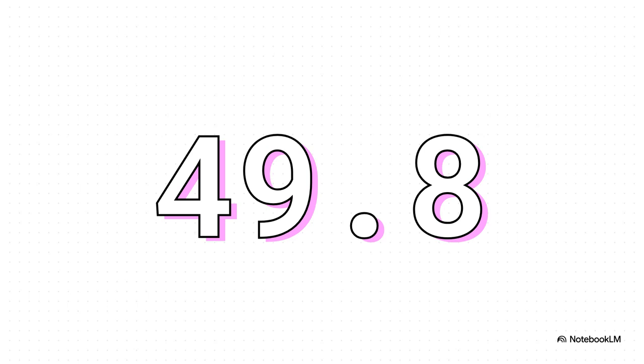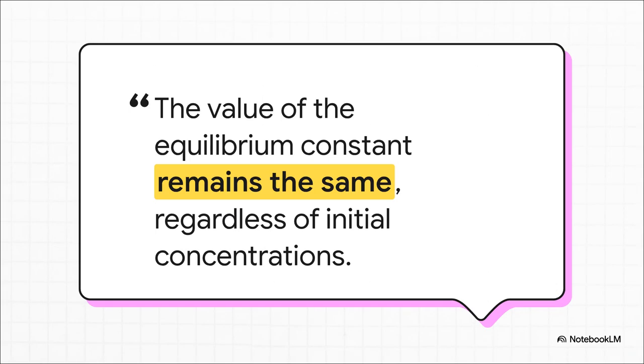It's incredible. It didn't matter one bit what they started with. Once that reaction hit its natural balance point for that temperature, the ratio of products to reactants was always the same. It is a true constant, and that really drives home the most important takeaway here. It does not matter if you start with a mountain of reactants, a flask full of products, or just some random mix. At a given temperature, a reaction will always march towards the exact same equilibrium state, its own unique